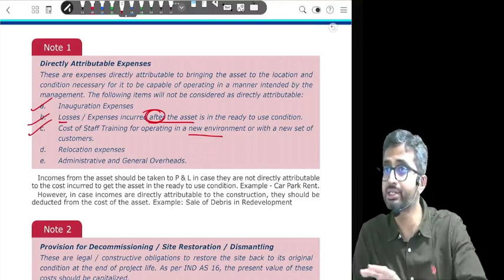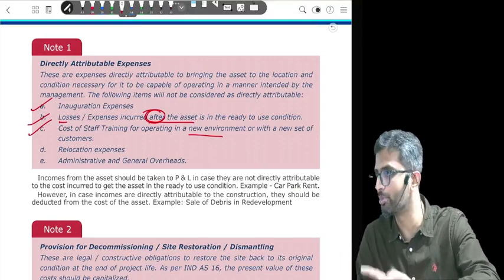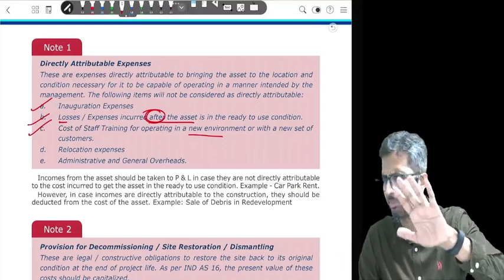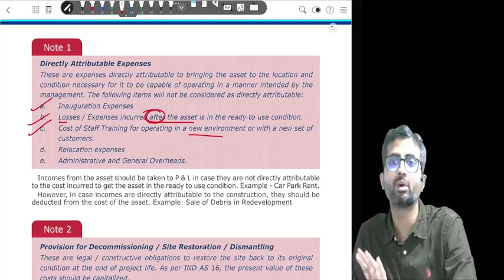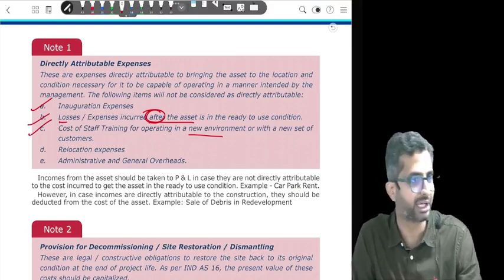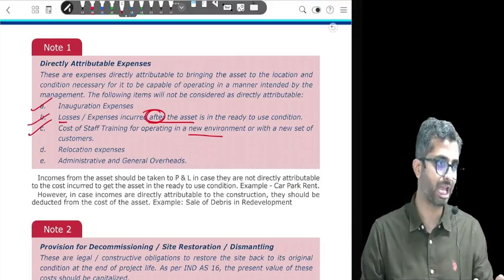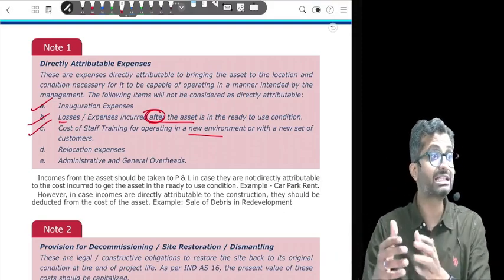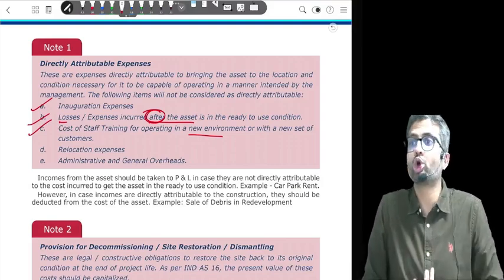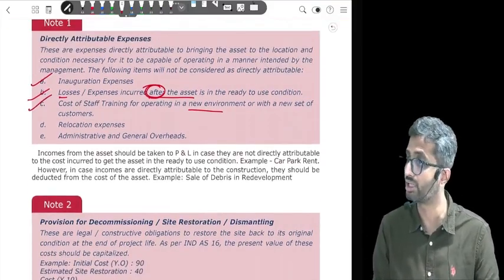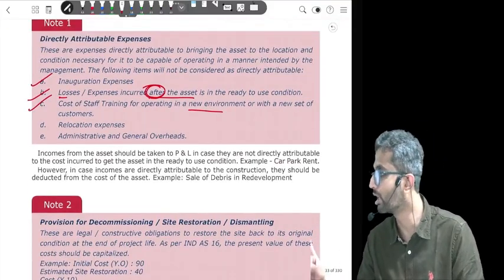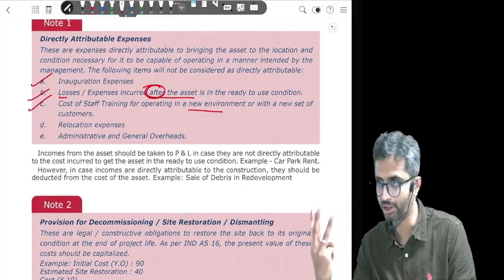So the standard has made out a thumb rule, because earlier a lot of training costs used to be capitalized. Some of them appropriate, some of them not appropriate. So they said, let us end this story. Let us remove all kind of training cost. Any training cost, the asset is ready for use. You don't know how to use it, that does not matter. The asset is ready for use. Are we clear with this? That is point number 3.